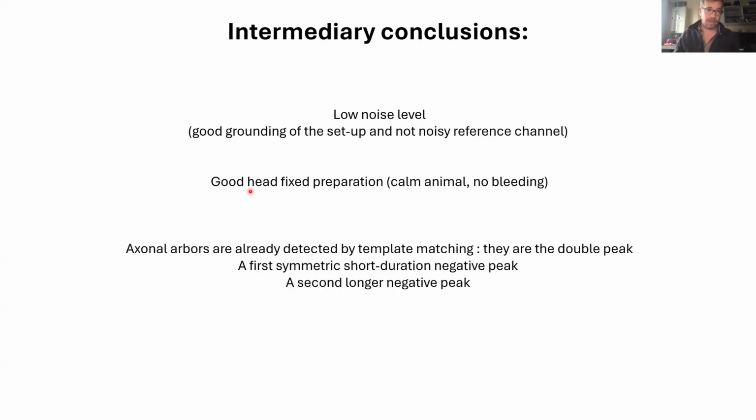And then it's very simple. You take a small recording sample, you just put it in the clustering pipeline, and then you just look at yourself how the templates, how the waveform are coming out of it. And the axonal arbor are the double peak, because they are followed by postsynaptic responses. And so usually we focus on having a first symmetric short duration negative peak, followed by a second longer negative